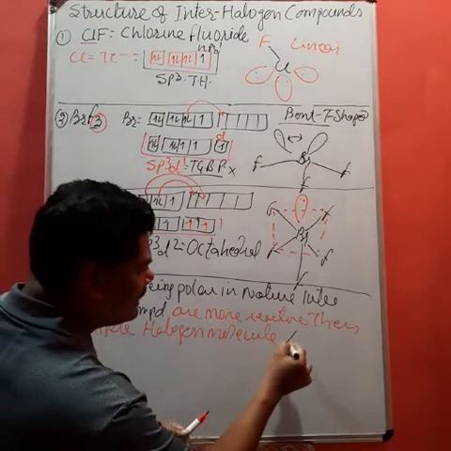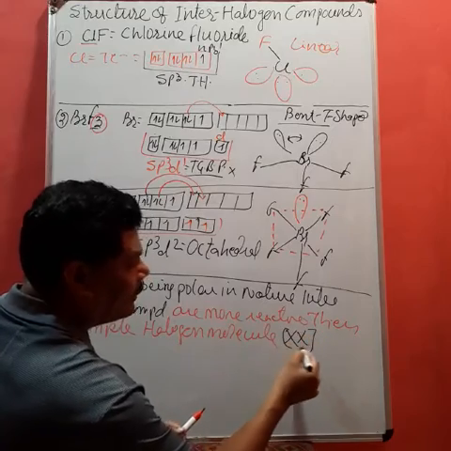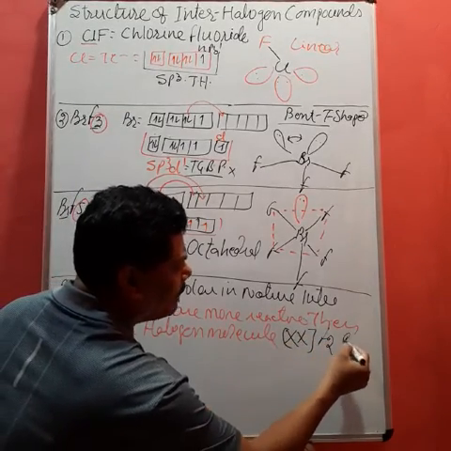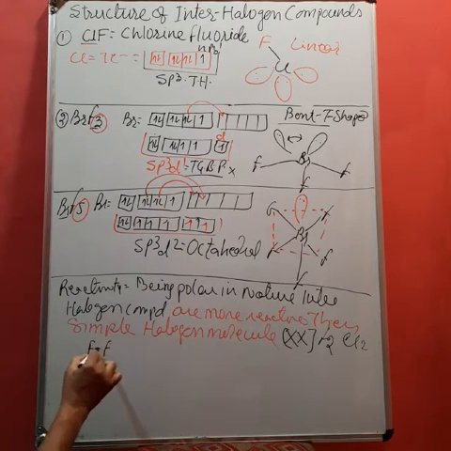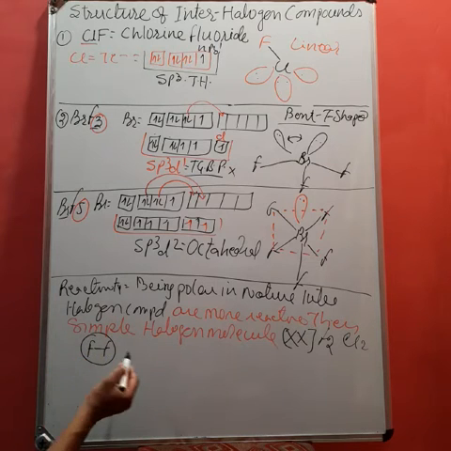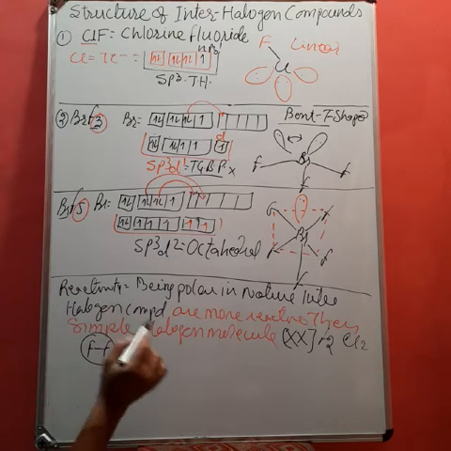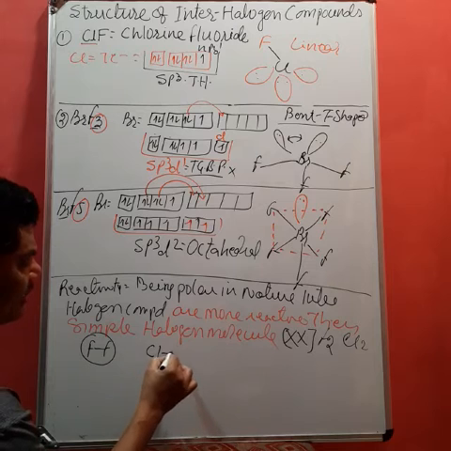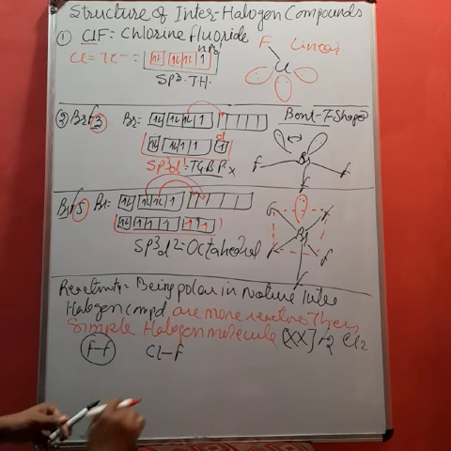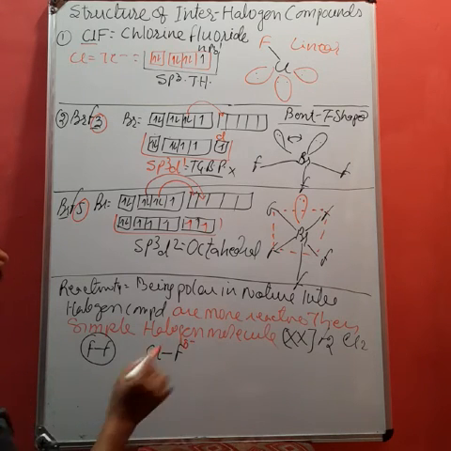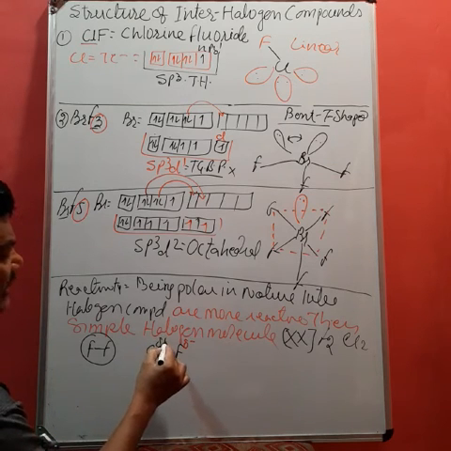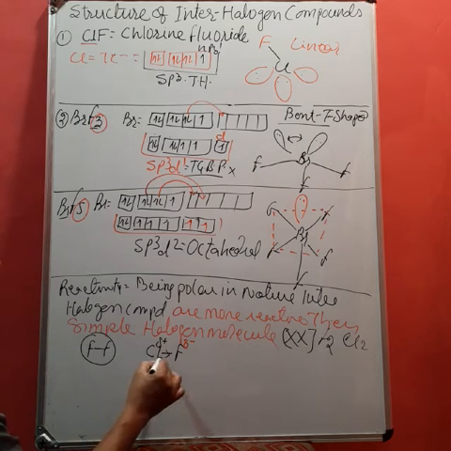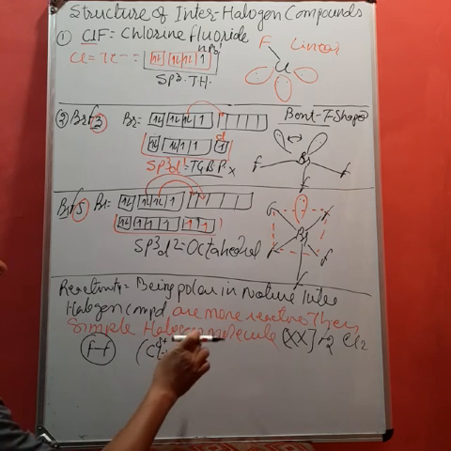A simple halogen molecule, that is XX, or you can write F2. Like if there is a compound F and F, it is completely non-polar. Being non-polar, it requires more energy for bond dissociation. While if we talk about an interhalogen compound, now there is ClF, and in ClF, F being more electronegative, it acquires a fractional negative charge, and the chlorine acquires a fractional positive charge. That means now, it is polar in nature,